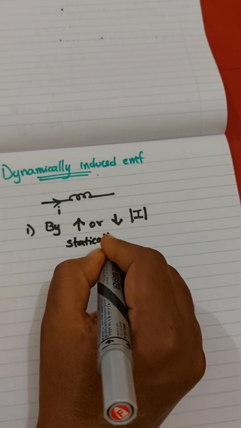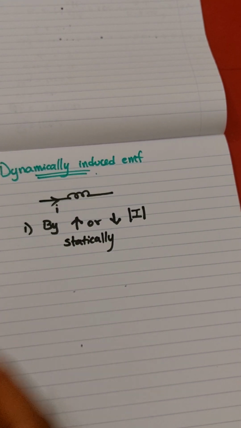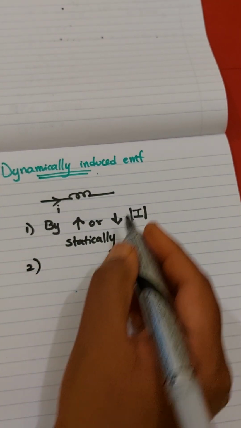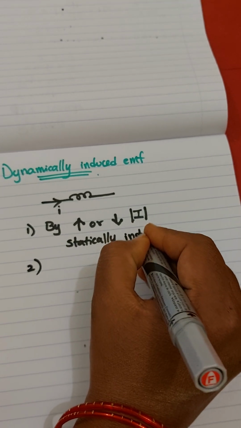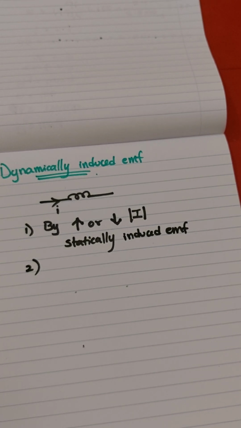This is static because we are increasing the current, so obviously the flux changes. We are reducing the current, it changes. So we are doing it ourselves. Okay. Then the second thing. So this is statically induced EMF. Now the second one is talking about